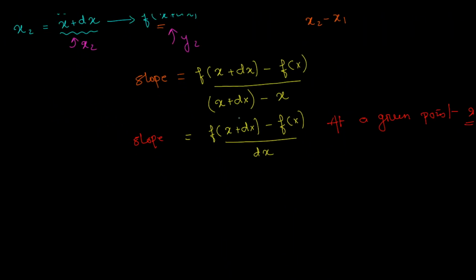And what to do really with this dx, we are new to this, don't worry about that. As we go I'll give you one or two instances, and you'll be very clear what to do with that dx, because dx really is not a number. It's not like dx is 0.1 or 0.01 or 0.001. It's like a very, very small value. We use the word infinitesimally small for that dx. But don't worry, you'll figure it out.